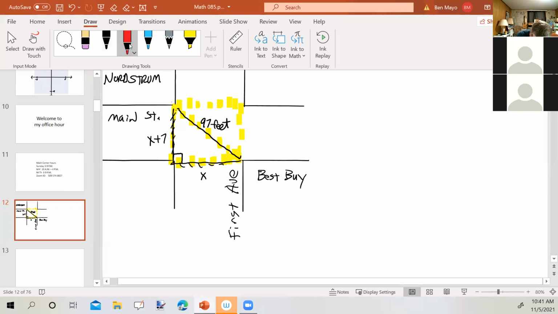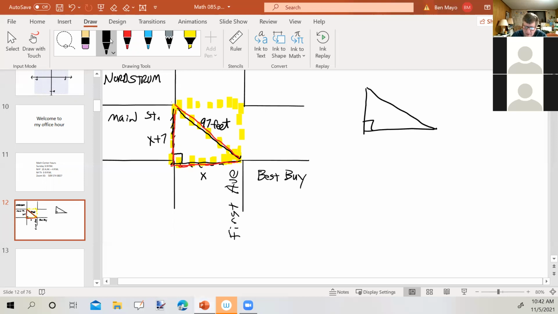Here, here, and here, okay? We need to find the lengths of the two sides that aren't already labeled. We know the long side is 97 feet. We need the length of the other two sides. So what we have here